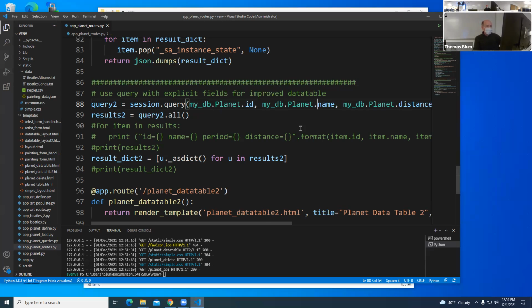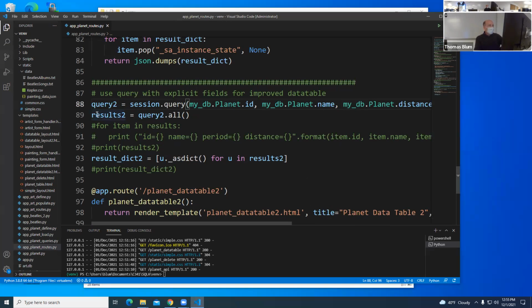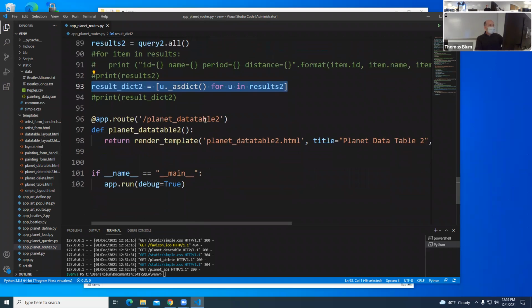So I said, grab me the ID and the name and the distance and the period, and query that, and then turn it into a bunch of dictionaries, and then send that information as results underscore dict2.